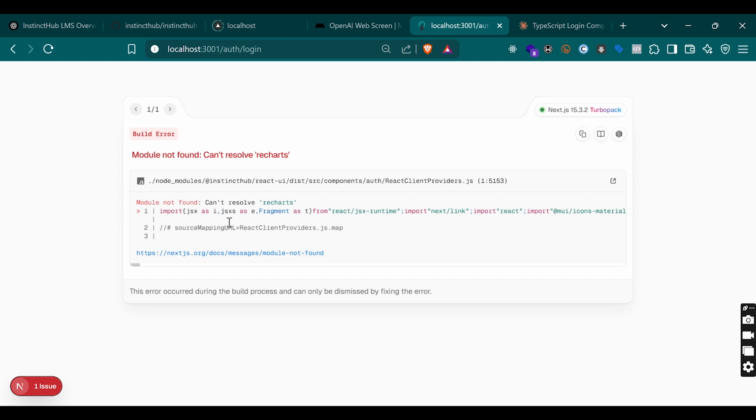Okay, I think there's a problem with this Richard thing. Let's install it manually. npm install Richard. Yeah, so what I want to do is let's update our login component and